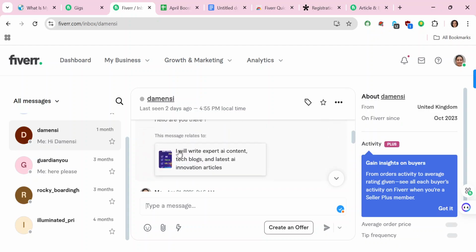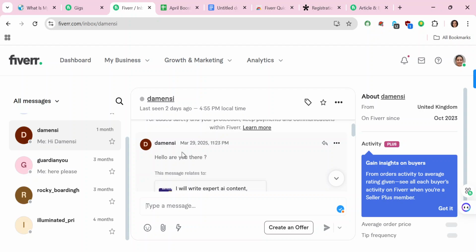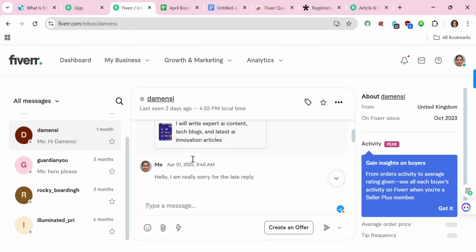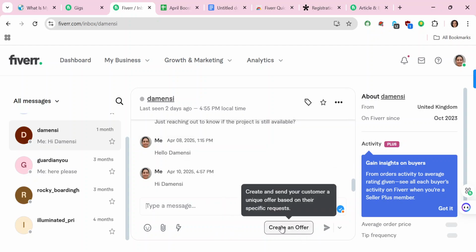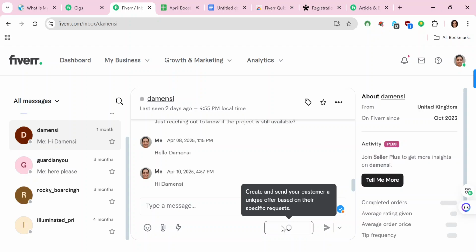Okay, I missed this message and I did not see it on time, and then I kept asking him if he was there. Anyway, from here you can create an offer. It says create and send a customer a unique offer based on their specific request. So you can just click on create an offer,